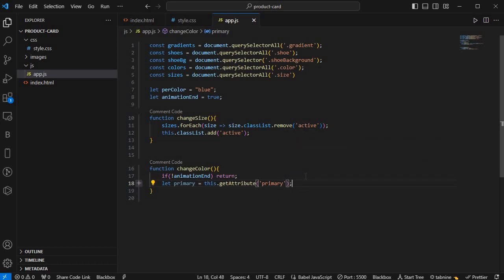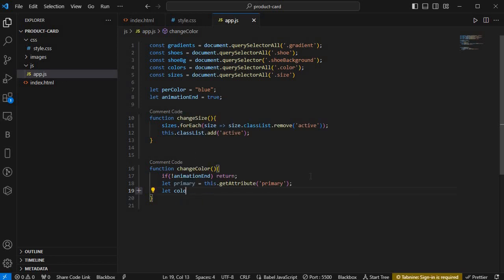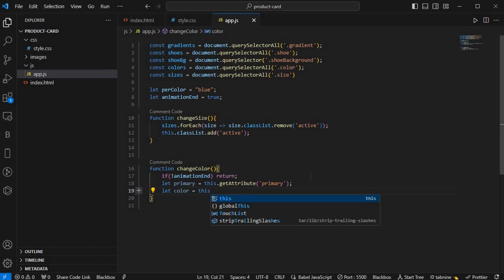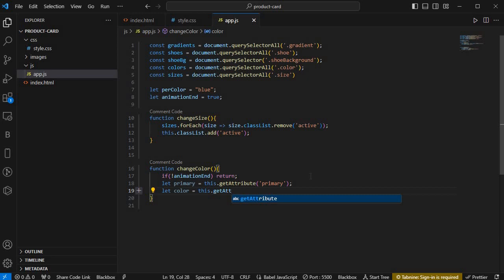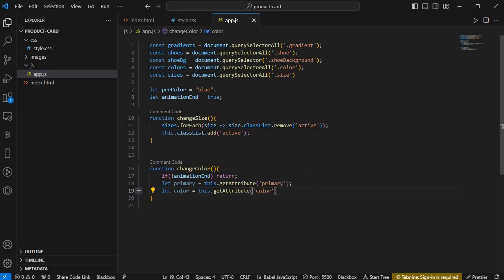So after that, let color equals to this dot get attributes color, and also we are going to now be saying let shoe